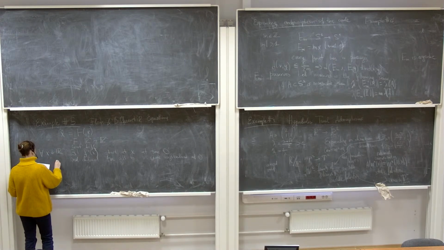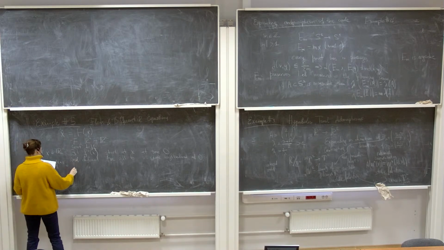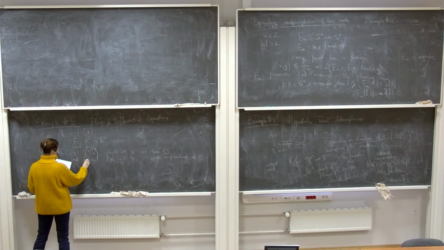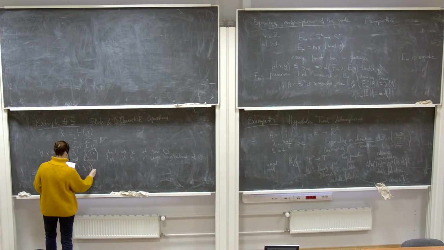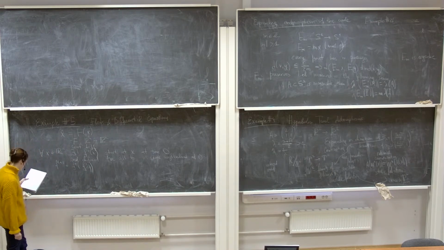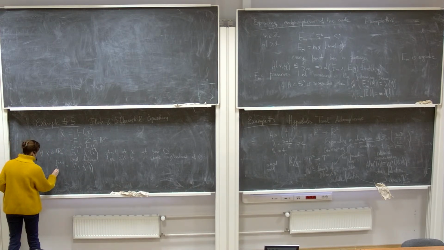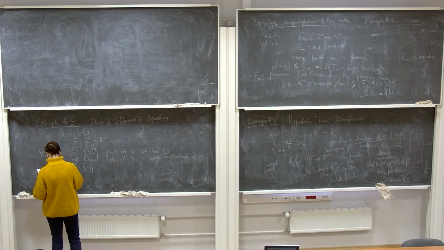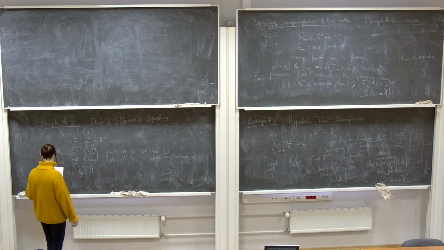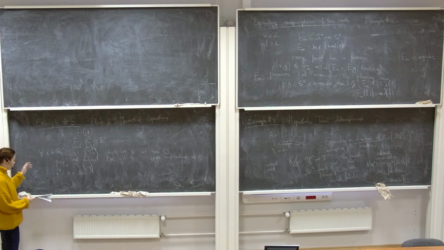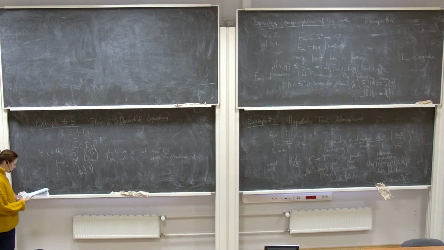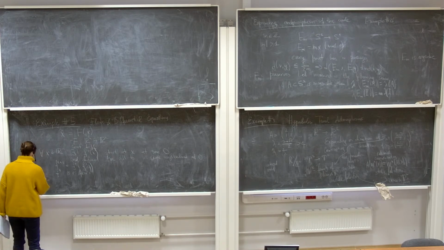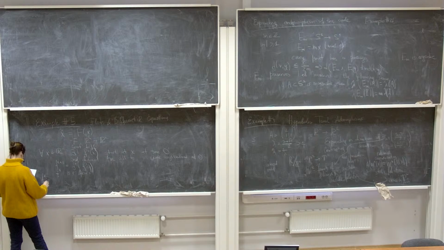can be sure that f_{t+s} is f_t of f_s. The composition is the same as the addition of the time. And so it's enough to say that f_t is necessarily a flow, because this map will be a C1 diffeomorphism of R^n. And conversely, it's also true that if you are given a flow,